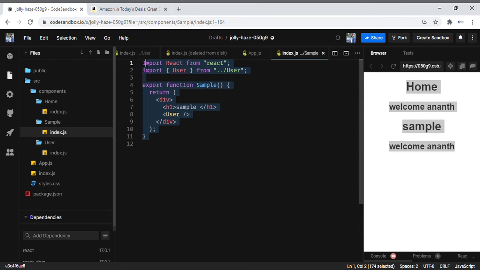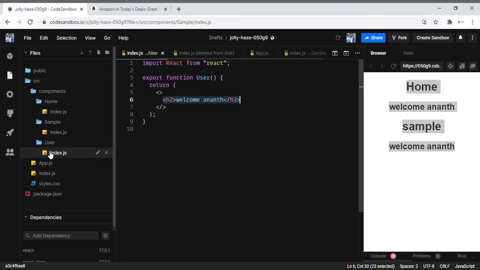I will put a detailed description about that in the coming sessions. But I'll tell you how to create a class component. So let us do one thing. Let us reuse this user component as a class component. So a class component is nothing but you have to return it. But what I'm going to do is